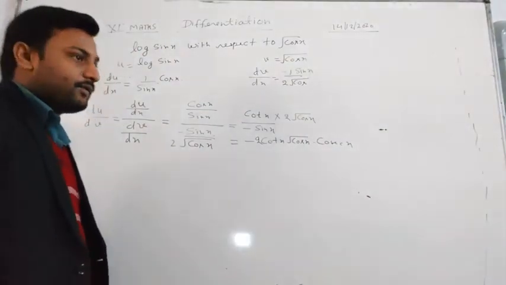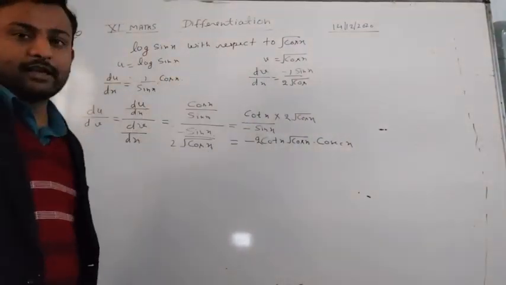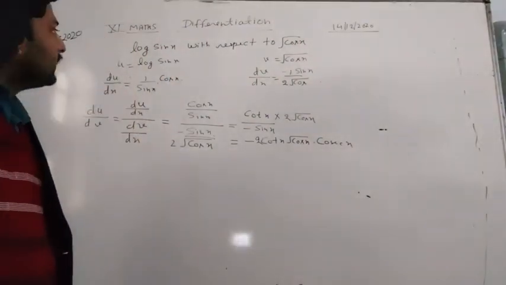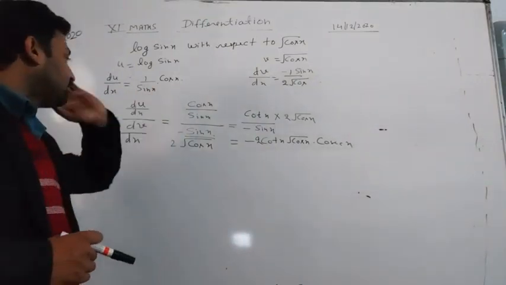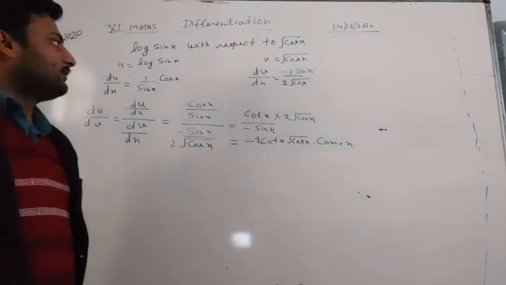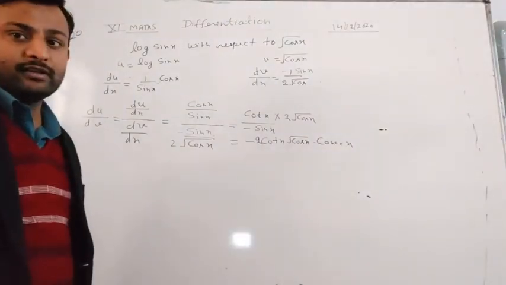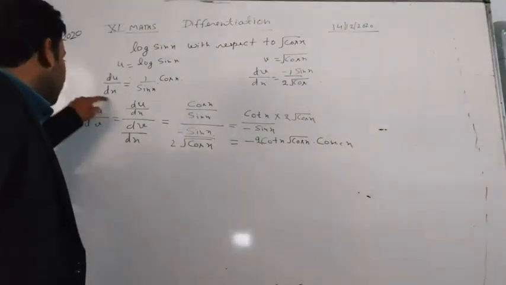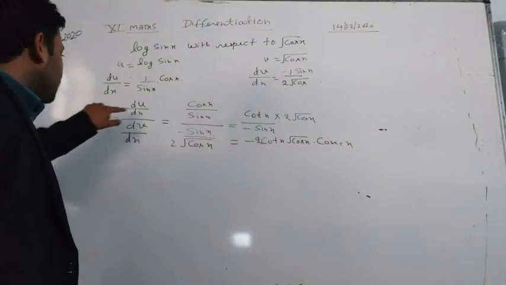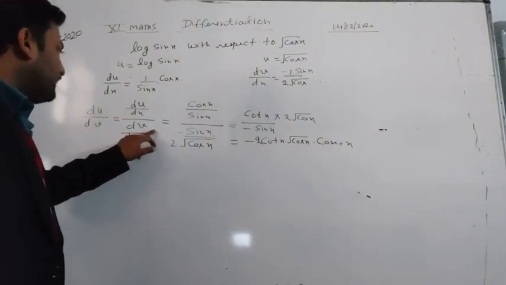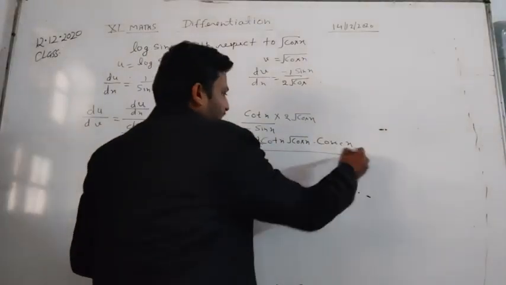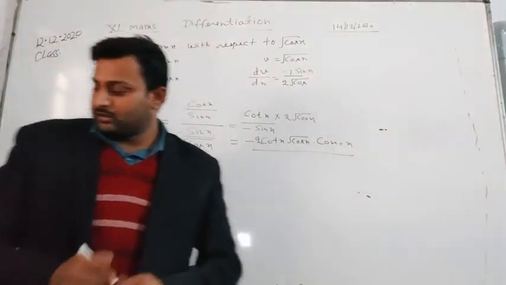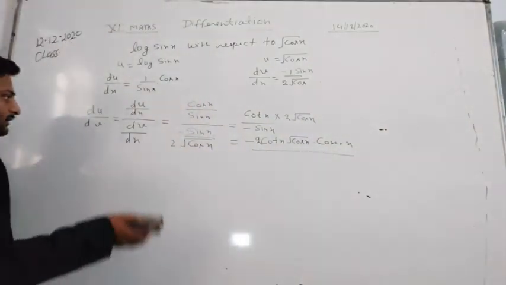First we will take the first term as u and the second term as v. Okay. Now we will differentiate this, du by dx, right? And we will differentiate again, dv by dx. We will write this and now we will find du by dv, which is du by dx divided by dv by dx. When we put the values, we get our required result. Okay, students. Now we will see the next question. Let's see.